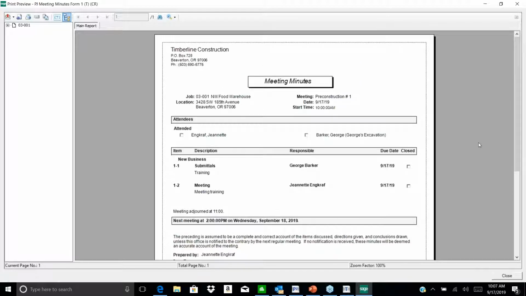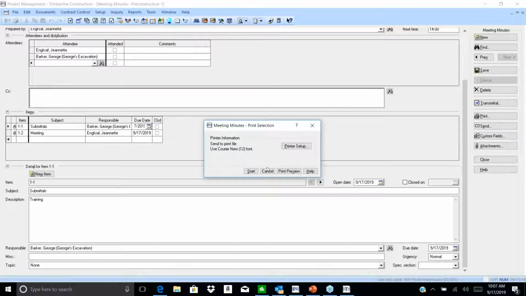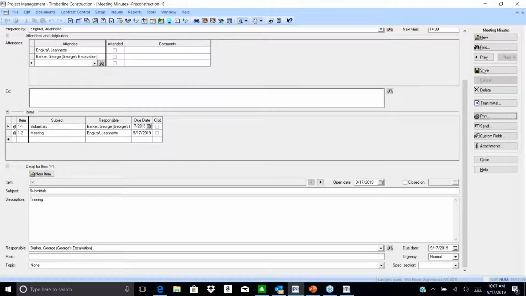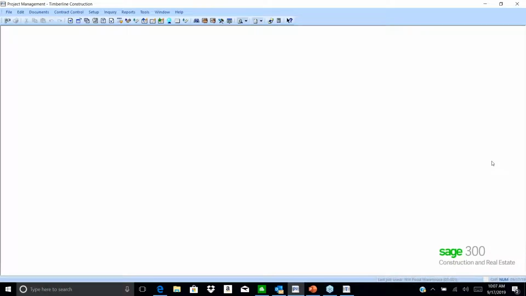And again, this is a Crystal report, so you can change it if needed with Crystal Report Writer. Just be sure that you change the design name in PJ settings so it knows to grab the new form. All right, then you'll close. Once the meeting has happened,